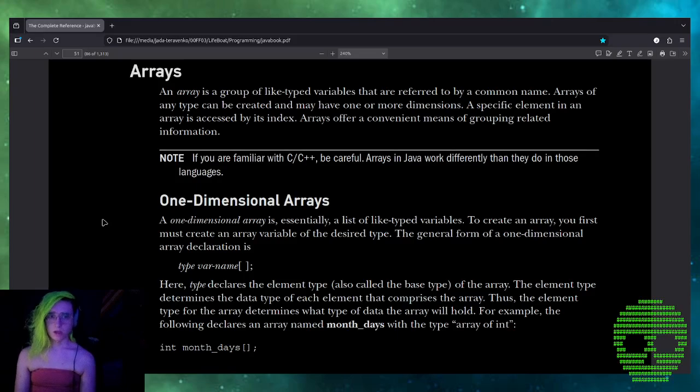One-dimensional arrays. A one-dimensional array is essentially a list of like-typed variables. To create an array, you first must create an array variable of the desired type. The general form of a one-dimensional array declaration is: type var-name[];